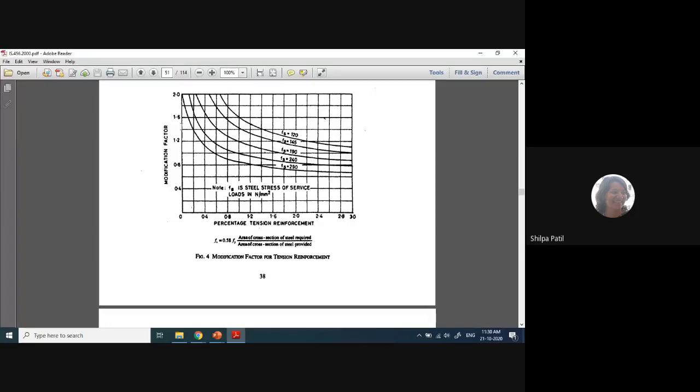So what will be the value? It is between 1.2 and 1.6. The middle value will be 1.4 if I'm not wrong, right? 1.38. So approximately 1.38 will be the approximate value of the modification factor. Okay, so in this fashion, you are expected to calculate the initial modification factor value alpha 1.